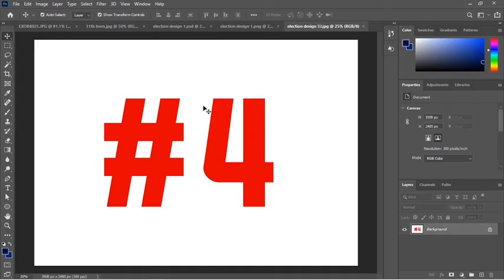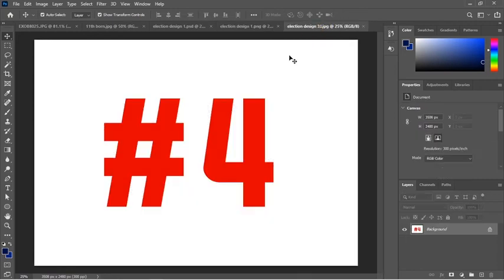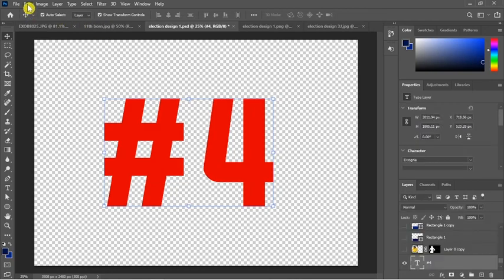You can see that from here, when you save it as JPEG, all the transparent side is lost compared to this one, keeping the transparent for you. So you have to know what you want, and you can save it according to that.